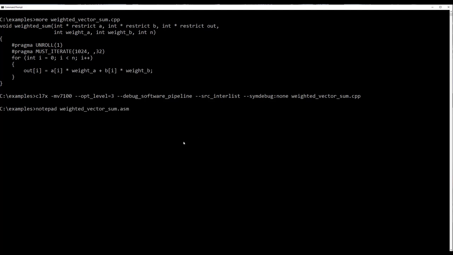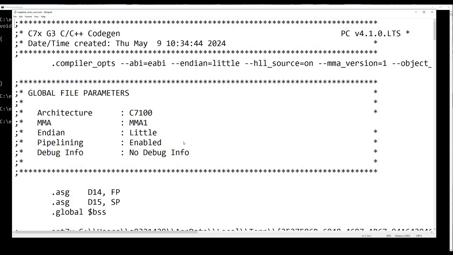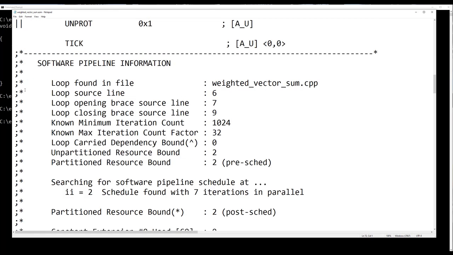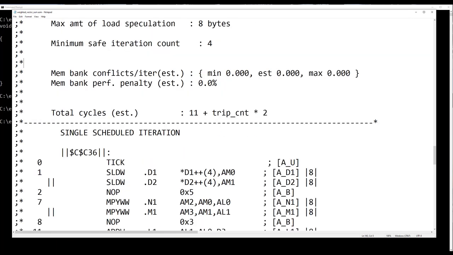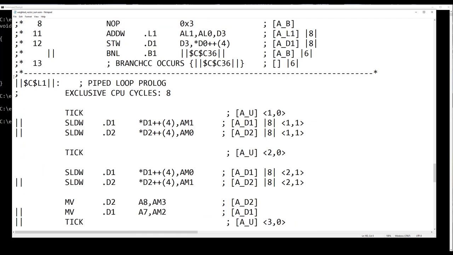And then I'm going to use Notepad to inspect the assembly code built by the compiler. It's a very simple editor. And this is what it looks like. What you'll want to do is go down to where you see this line. That's the beginning of a long comment block with the information about the software pipeline. When we say software pipeline feedback, we are talking about these lines. It goes on for quite a while. It doesn't end until here. Okay, that's the beginning of some real code.